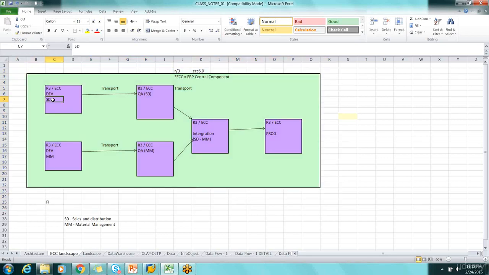Okay, so in that one, you will have multiple modules, sales and distribution. Sales and distribution will be there. But even though it says development, do not assume that there are two different boxes there, right? So sales and distribution and MM are available in the same ECC. The data is fed into